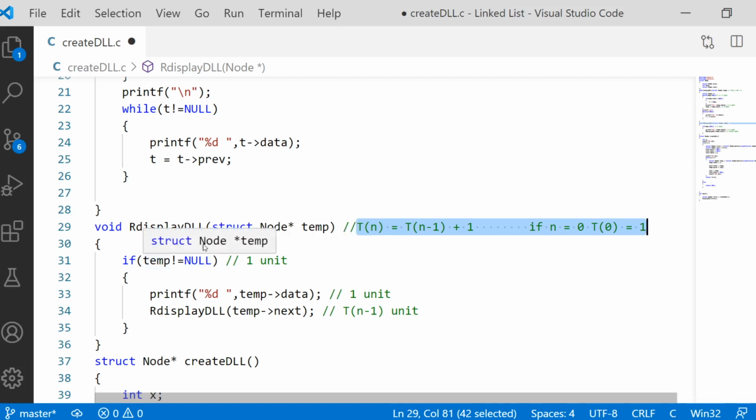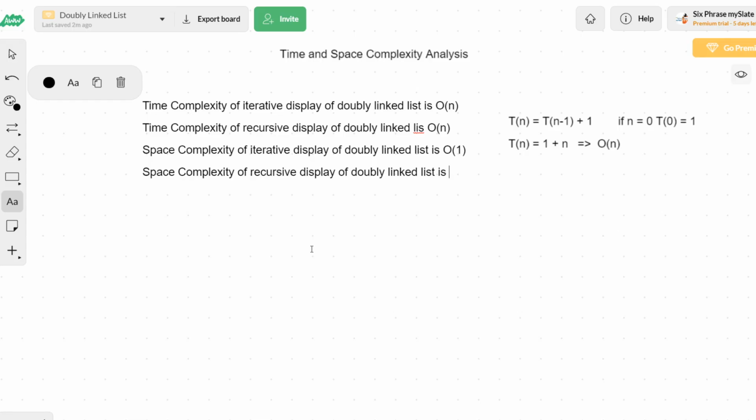In every recursive call and every activation record, there is only 1 block. So totally n plus 1 activation records, in every activation record 1 unit space. So totally n plus 1 unit space, which is clearly linear space complexity. So here order of n is the space complexity. We already know that recursion is a memory costly operation. So comparing both approaches, I think the iterative approach is going to be more efficient, right? Now the next thing that we will do is